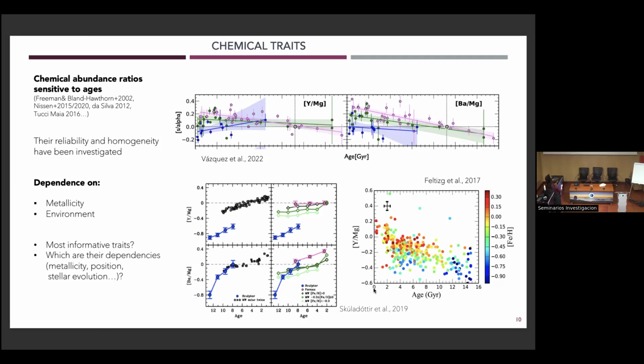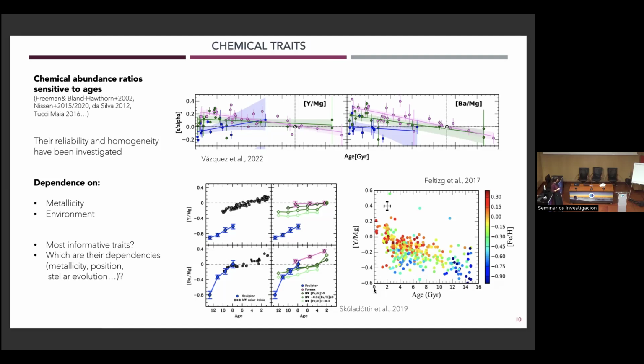in this work of Vasquez 2022, if we take two chemical ratios of s-process over alpha, and we plot them with age, we can see that looking at different parts of the galaxy, the solar region in green, the inner region in blue, and the outer in pink, these slopes change quite a lot. So they are not universal from a spatial point of view,